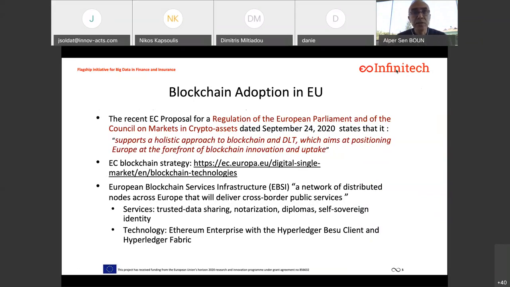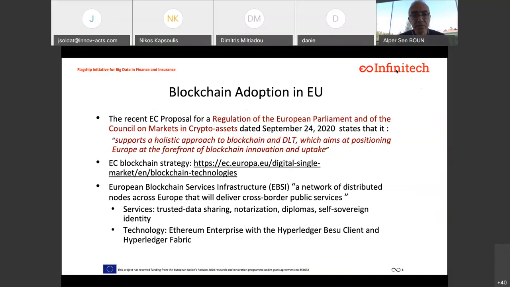And there's the European Commission blockchain strategy, which is available at the website that I put over there. In there, you're also going to see the European Blockchain Services Infrastructure, which is a network of distributed nodes across Europe that will deliver cross-border public services. Some of these services we talked about in the workshop, but the other services mentioned in EBSI are trusted data sharing, notarization capabilities, diplomas from schools, universities, etc., self-sovereign identity, and many